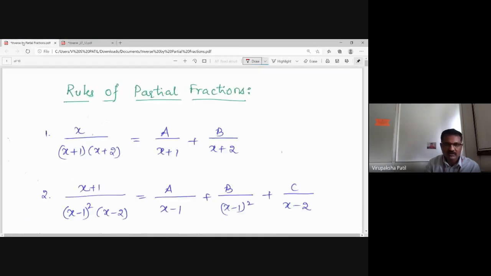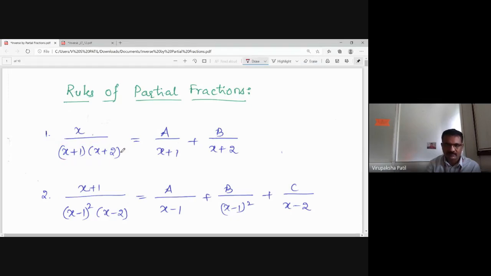Next, one more thing is finding the inverse by using the partial fraction method. Partial fractions you already learned in your PUC first year. Okay, but to understand it much better, let us go back and see how to resolve the given fraction into partial fractions. That also we will learn. That depends on the denominator, or how the factors exist. Okay, so that we will discuss here.